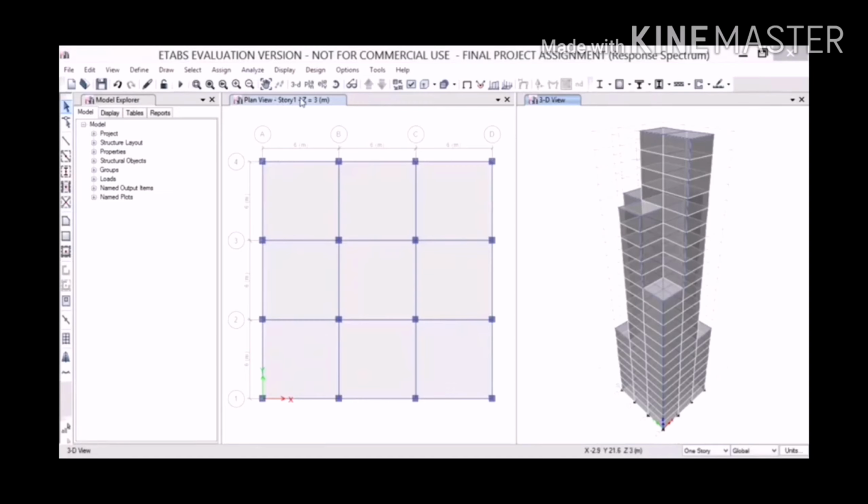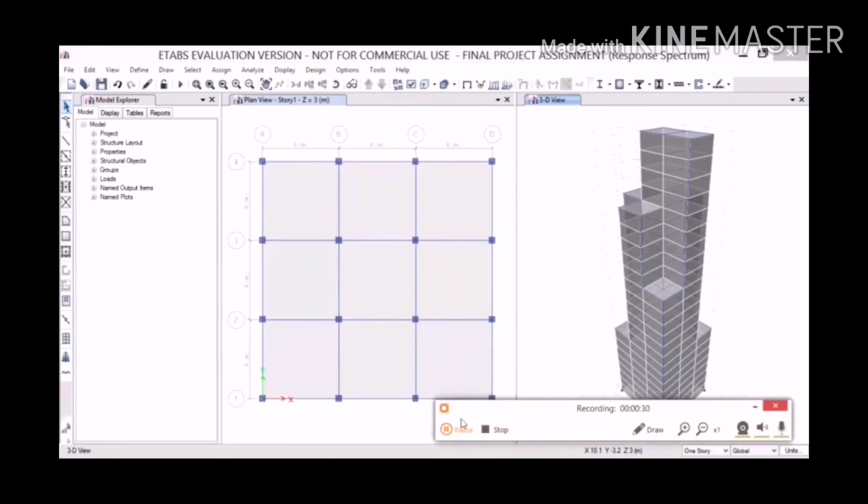I have assigned the material properties and the elemental properties to the seismic resistant building, and I have also gone with seismic analysis. I have given the dead loads and live loads to it as well, and the seismic loads as well. This is what I have done, and I will be showing in this video this design using two methods: response spectrum and time history analysis.